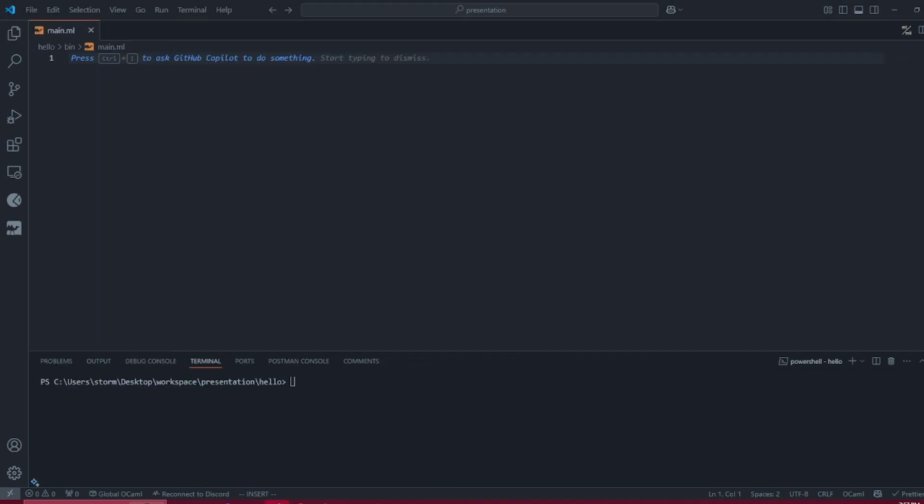To create a variable in OCaml, we use the let keyword. For example, to create a variable with the name and the value, we type in this expression with a double semicolon at the end. And then to print this variable, we type in this expression to use the printf function to inject the name in the string. For example, hello %s, and then we type in the name. And now if we execute the program,